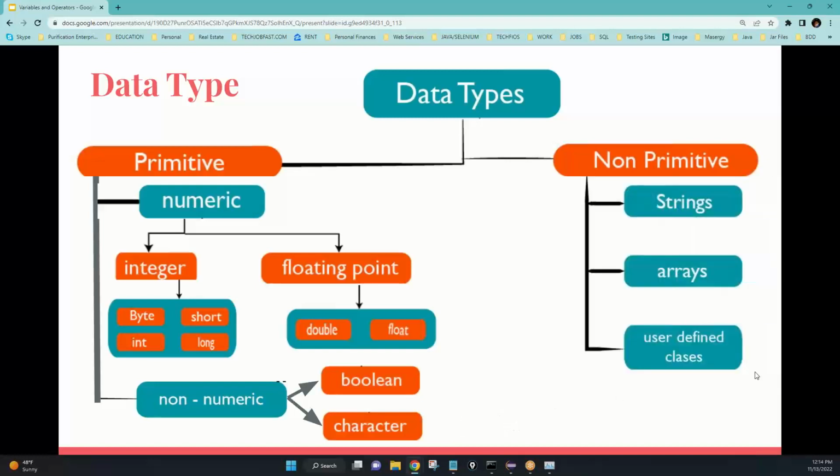Take a look at non-primitive, meaning these are fancy, these are new. Maybe God didn't create it, but humans created it. Okay? And one of them is called strings. We're going to use this a lot. Wait for this for the next few weekends, and we'll get to that. But in today's class, we're just going to be using int,